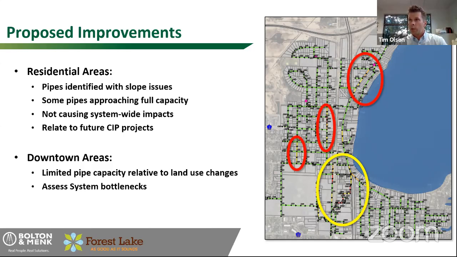And so if there's a road reconstruct that's set to occur in the next 5 or 10 years, it's a good idea to take a look at those pipe systems in the residential areas and make those fixes at that time. The other areas that we're looking at really are the two downtown regions. You can see those adjacent to the lake. One is the red circle on the north of the figure, and then the yellow circle. I'm going to zoom into the yellow circle in the next slide, but we're really seeing some potential capacity issues